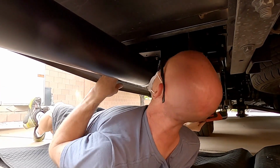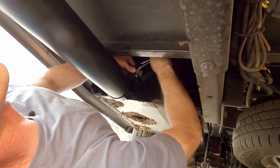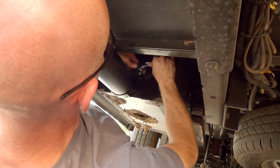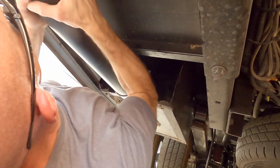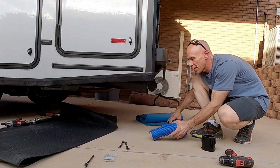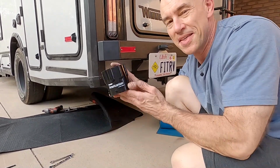Three. All right, last screw going in. This is not fun working under here. All right. I think we're done. With that, I now have room to store our sewer hose in there,